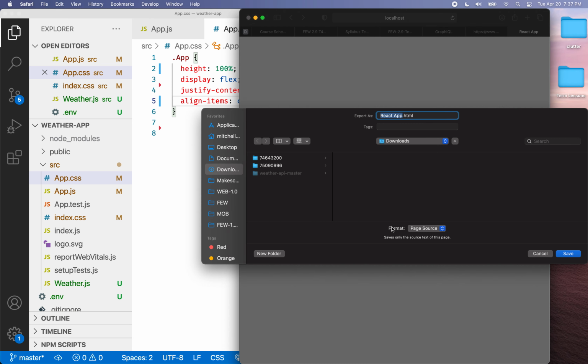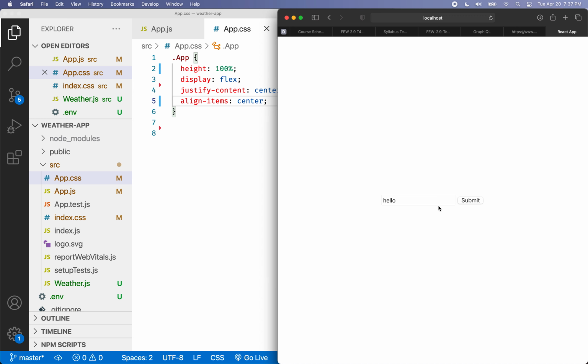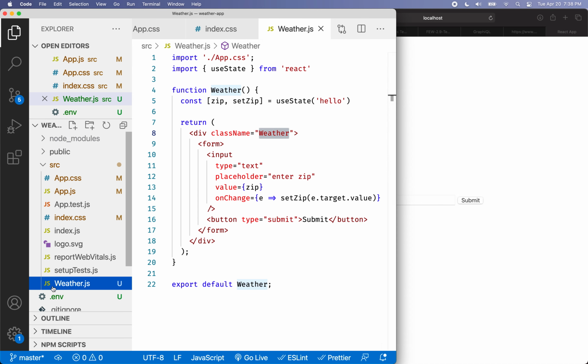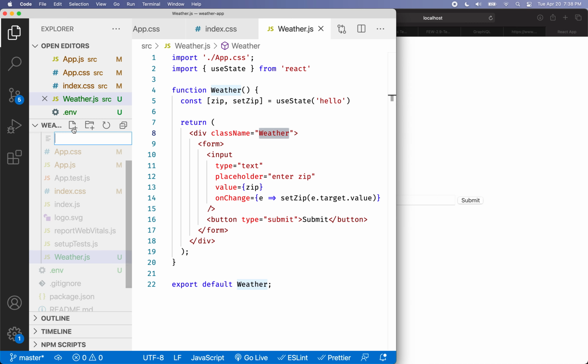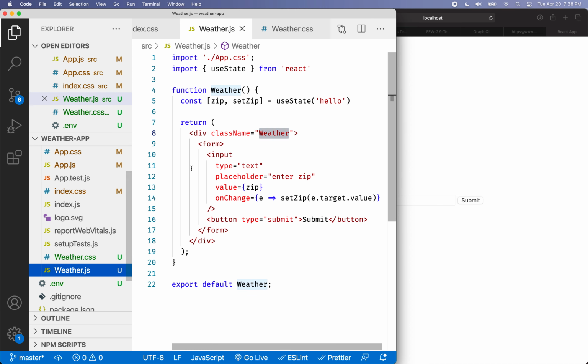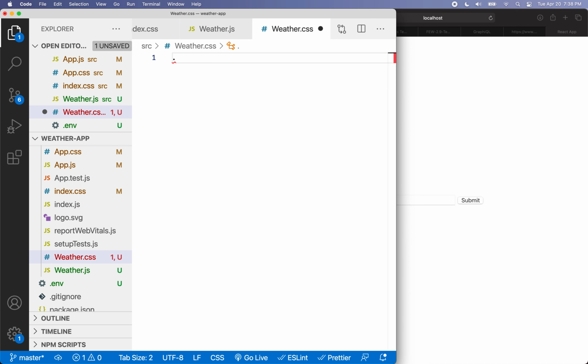Okay, so now our next step is to style the form elements, right? And the form elements, they belong to weather.js. So let's create a new style sheet and apply that to all the component, so the weather component and all the things in there, right? So I'm going to make a brand new file, and I'll name it after the component, but call it .css instead of JS. So I put .css here, and what I'm going to do is take a look at weather.js and notice that I have this class name weather right here. So this is the name I'm going to use, whatever name you put here, right? And so I'll do .weather,